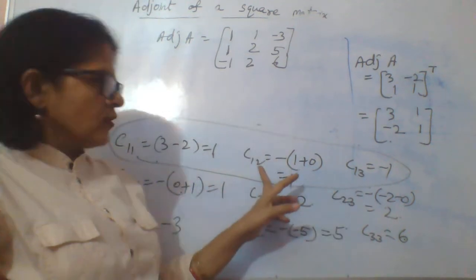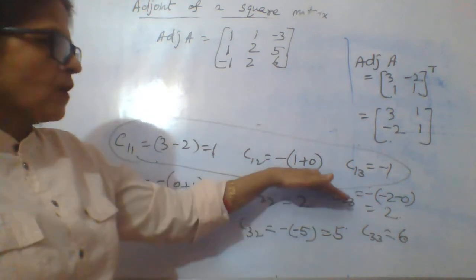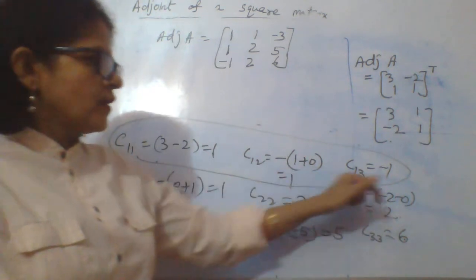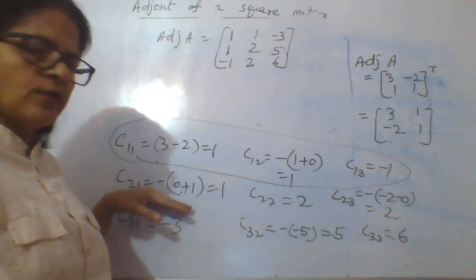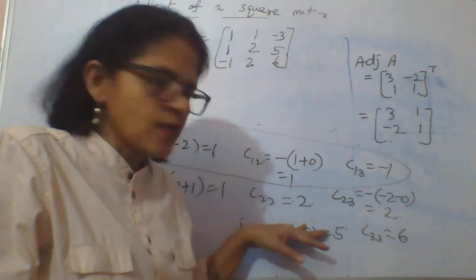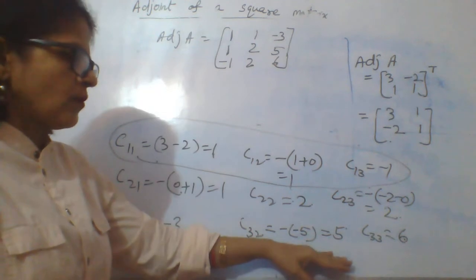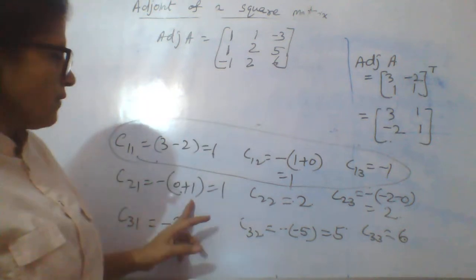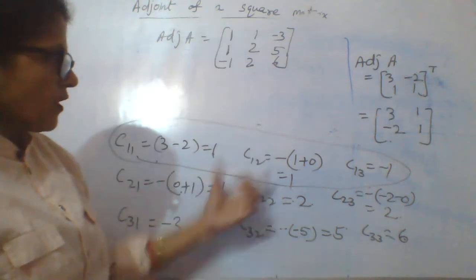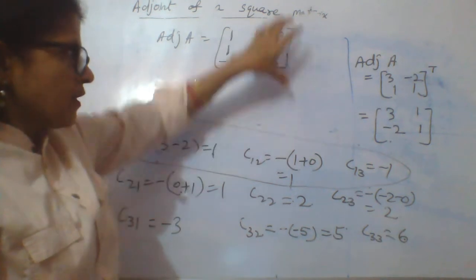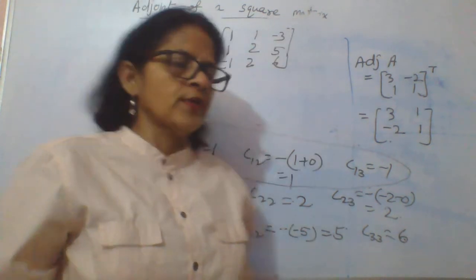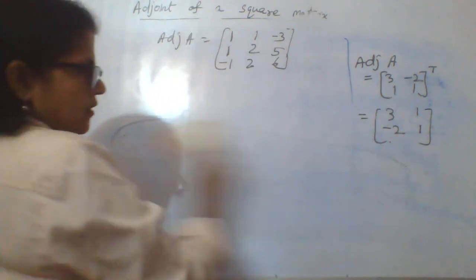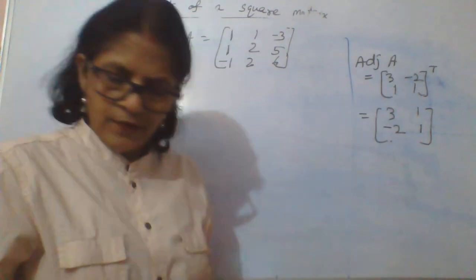While finding the cofactors, if you maintain this order, meaning C11, C12, C13 written in the first row, similarly C21, C22, C23 written in the second row and the third row, then directly you can just know, like a switching property: first row will be first column, second row will be second column, third row will be third column. So you can save a little bit of time during the exam also. So this is the way how to evaluate the adjoint of a matrix.